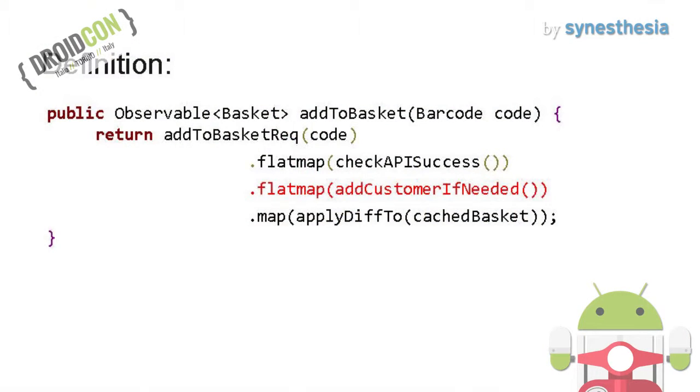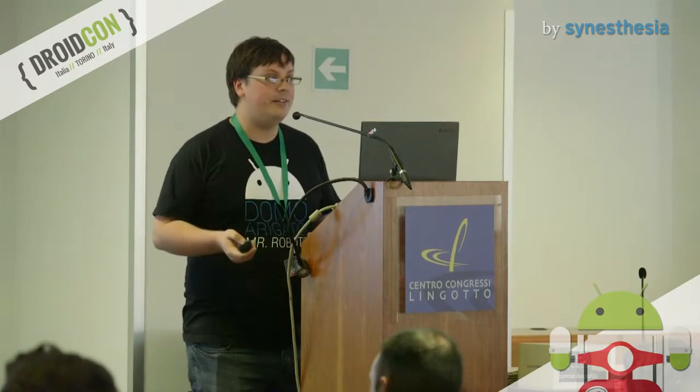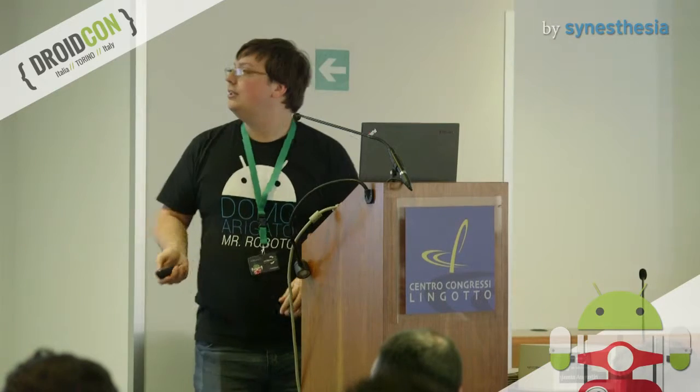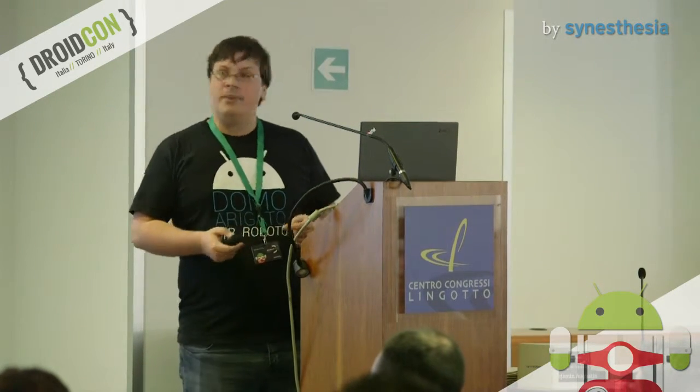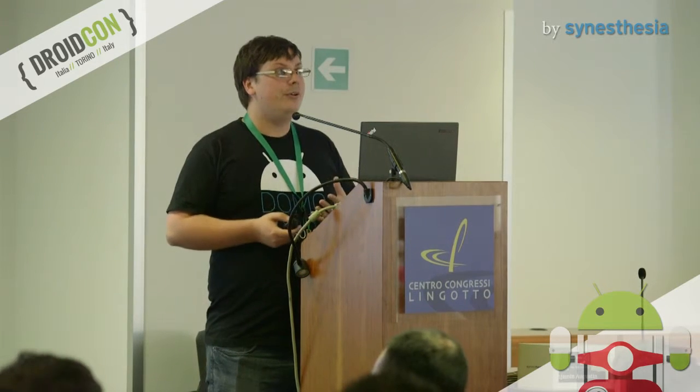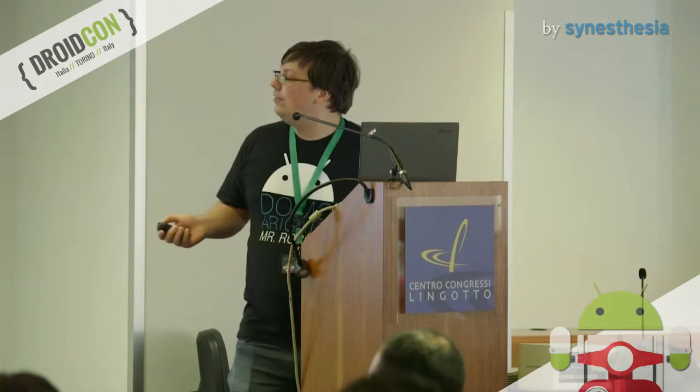So now we have to deal with that locally as well. So how can we do it? So composition, flat map. And here we clearly defined I need to do an API call, then another one. And I'm going to call this add customer if needed. How do I define this add customer if needed? Well, in terms of the types, I don't really want to do a different type. I'm not changing the data. I'm just potentially adding a new step. So it's taking a diff and returning a task that returns a diff. So in here I say, do I require adding a customer? If I do, then add a customer with the diff.